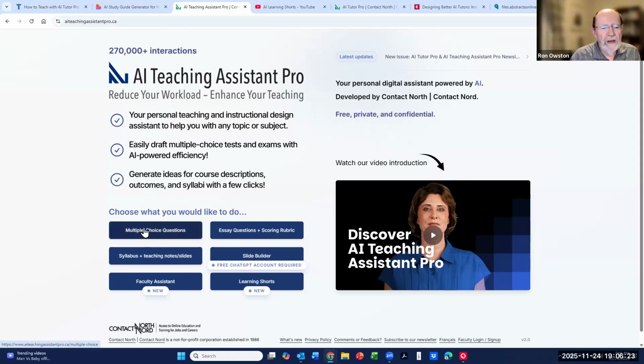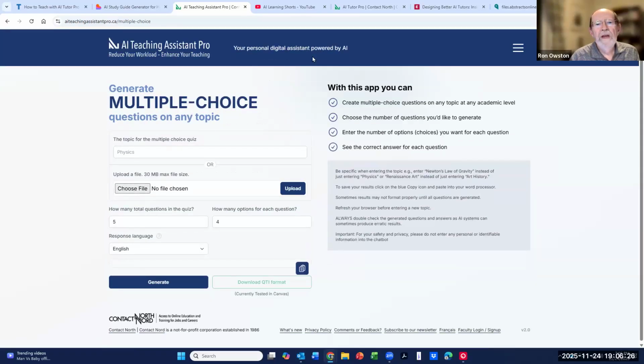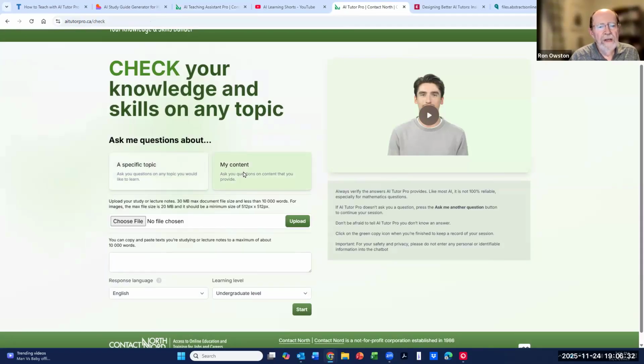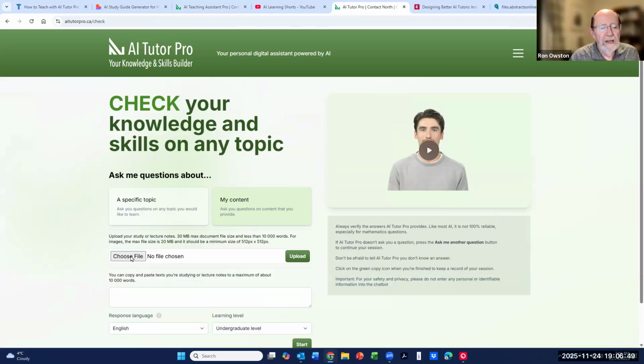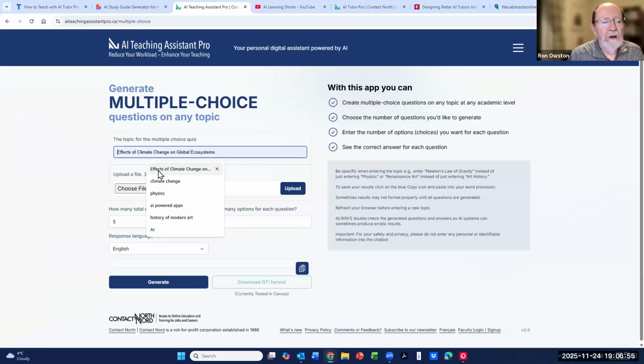So our tools here are aimed at faculty, at instructors. As I said, one of the most popular ones is our multiple choice question tool. By the way, in AI Tutor Pro, I forgot to mention you can upload your own content here as well, and it can be a picture, for instance, and the questions can be based on the photo that you took. You can snap it with your camera if you're running this on your phone and have the conversation based on that. We've got the same capability here. You can actually upload a file as well and base the questions on the file that you've uploaded.